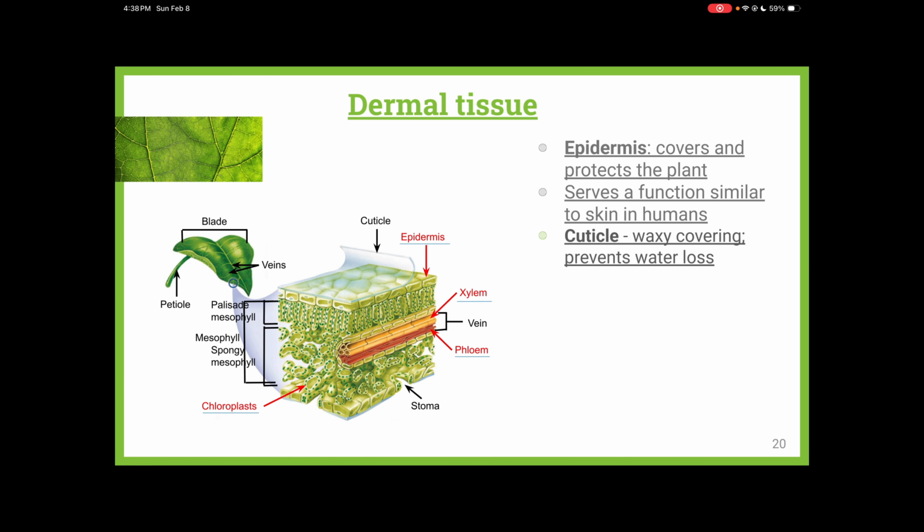So anyway, if you look at the epidermis and you look at the cells of the epidermis, they're very close together. They try to keep water from escaping until they want it to leave the plant. Remember that water is going to escape through the stoma or the stomata, the pores in the underside of the leaf. When they open up for gas exchange, water is going to leave, and that's actually what pulls the water up the plant. As it's transpiring out of the plant at the top, it pulls that water along, and some of it is escaping. In addition to the epidermis, they have a cuticle, which is a waxy covering on some leaves that helps prevent water loss even more.